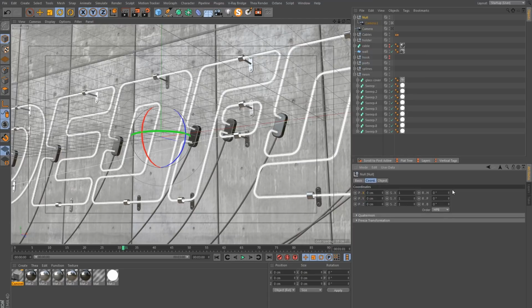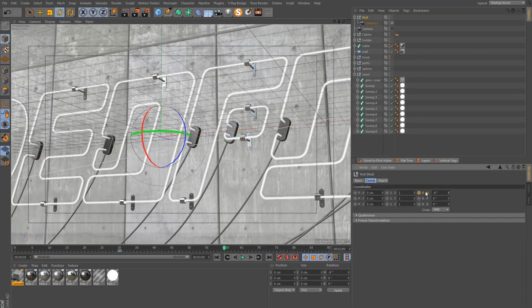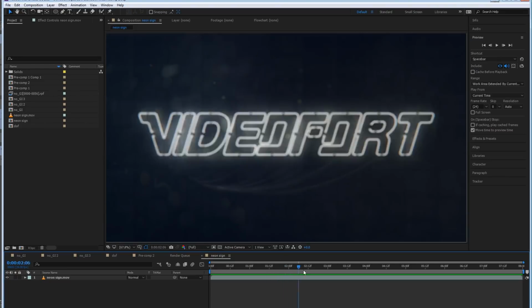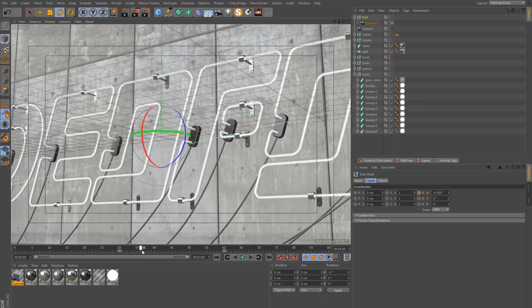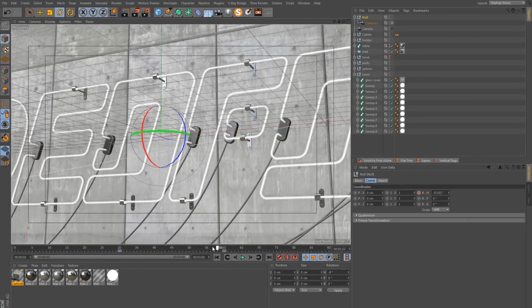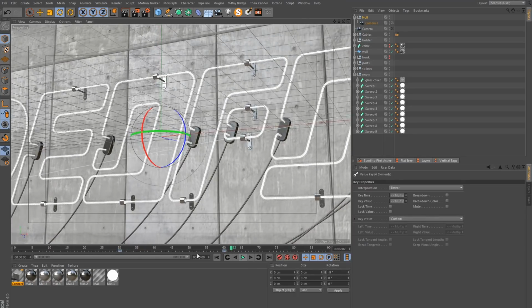So that's what I want to do. Just go to the coordinates of the null and animate the rotation slightly, the heading. So starting at 1 second, I'm going to go to about 60 frames, which is 2 seconds. And let's just rotate this slightly. And that's in the same direction I'm going here, so that's roughly similar. And of course, you can be more precise with your own camera animations. I'm just recreating what I had in the example, and make this linear as well.